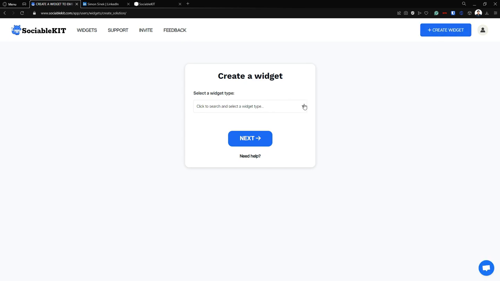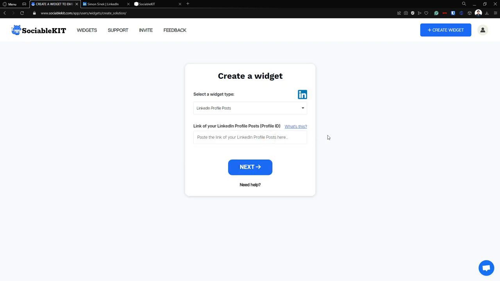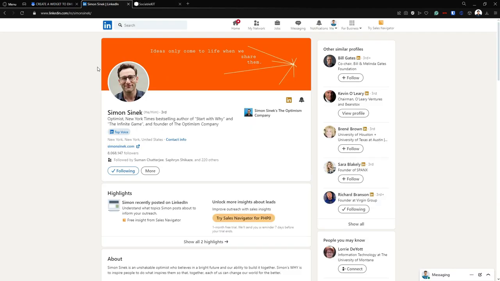And from here, we're going to select our widget type, and that widget type is LinkedIn profile posts. Now it says here that we have to paste our LinkedIn profile ID. So what is our profile ID? Now going to our LinkedIn profile, we're going to use this profile from Simon Sinek as an example for our video tutorial. Now our profile ID is this. We can copy this,